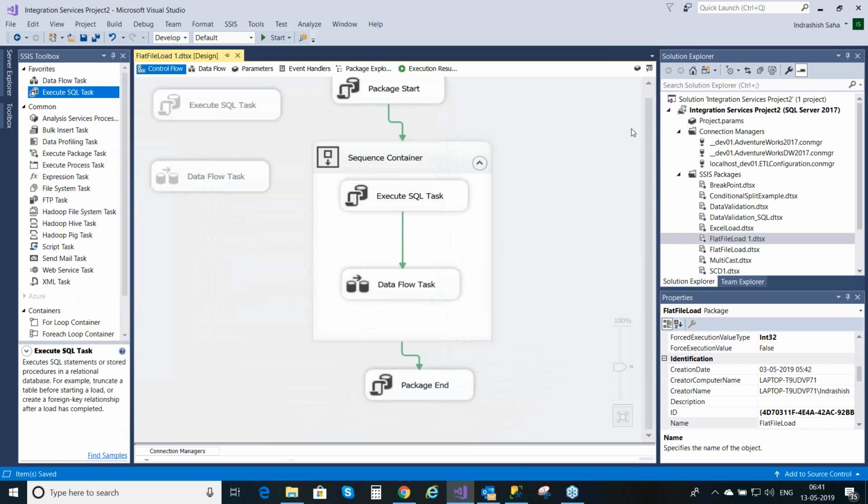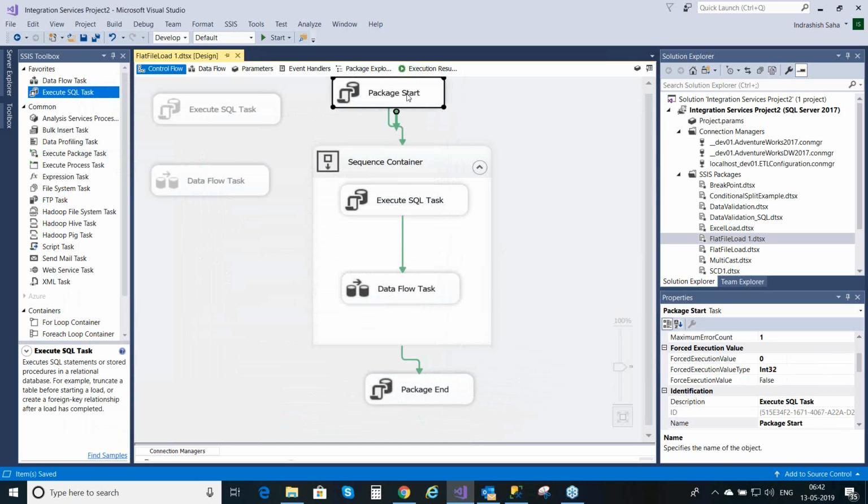Now if I run this component, first it will generate a run ID and update the package log, saying that it has started the package with the package name and status in progress. Then once the package is successfully completed, it will update that record with the end time and status as success. So if I run,